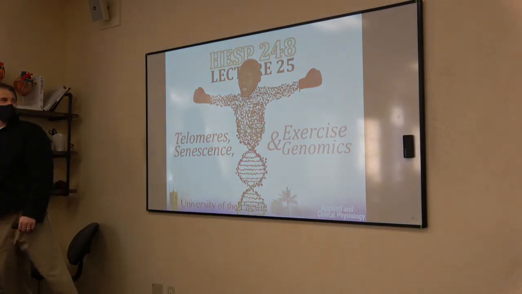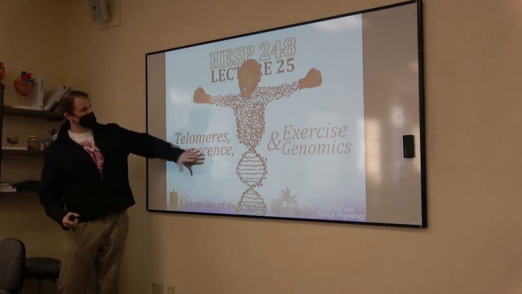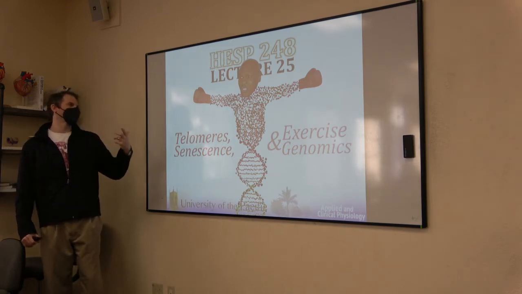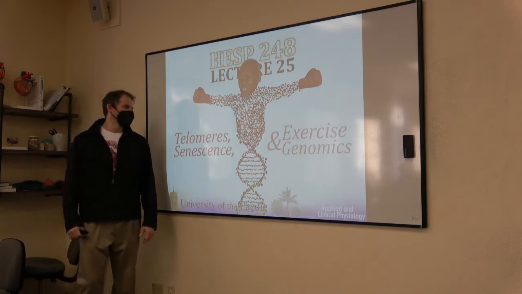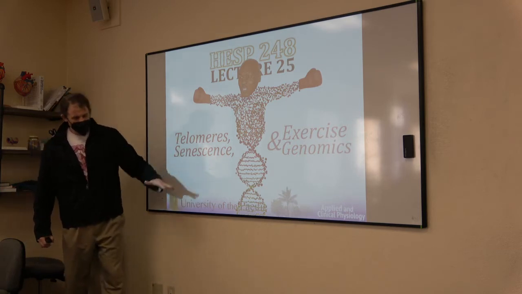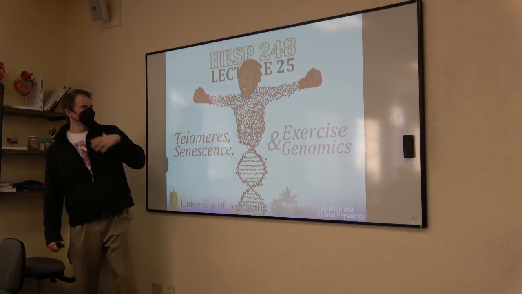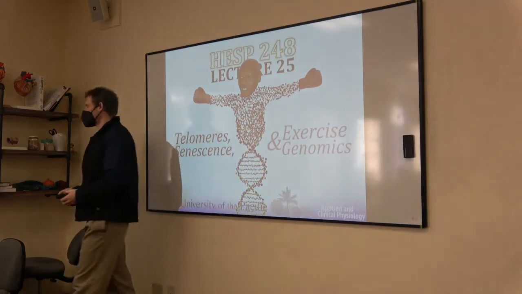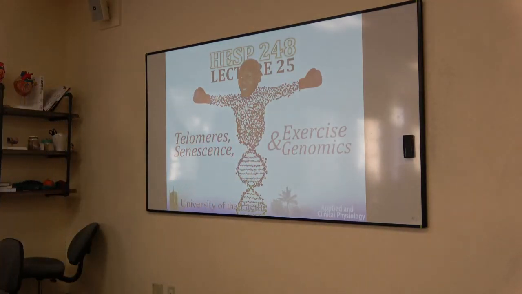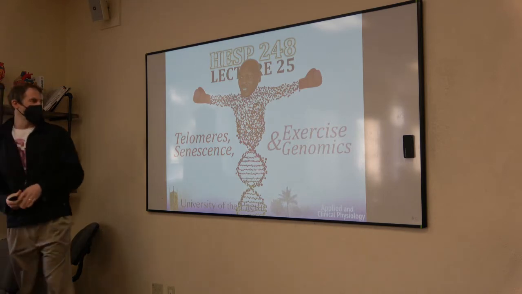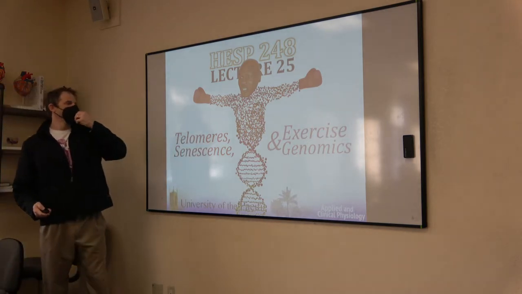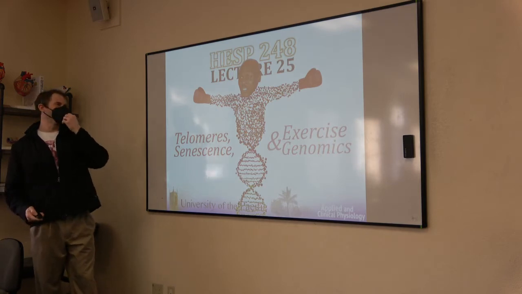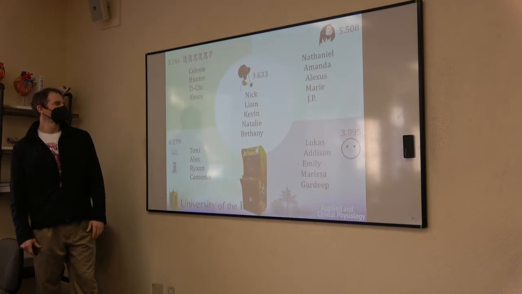So we will do telomeres and senescence, aging, right? Deterioration with aging, what happens as we atrophy and become our sort of hunched-shouldered old selves. And then a theme of all of this is really exercise genomics, but we'll talk more about that as we move forward. We'll keep talking about that. Really today, what we're hitting though is the telomeres and senescence, and what is the biological explanation for aging, and can we intervene, can we interact, can we halt it?